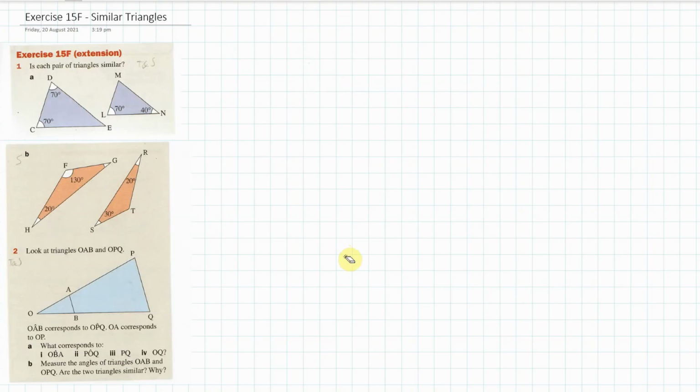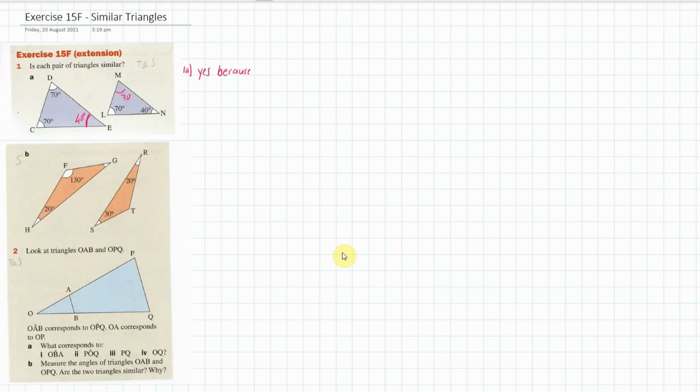Now let's get into the exercise and have a look at what that means. So number 1, is each pair of triangles similar? Alright, well, let's have a look. Let's find this angle E. I know that this must be 40 degrees because angles in a triangle must add up to 180. Now looking at triangle LMN, if I find this missing angle M, 70 plus 40 is 110, so M must be 70. So answer to 1A, yes,